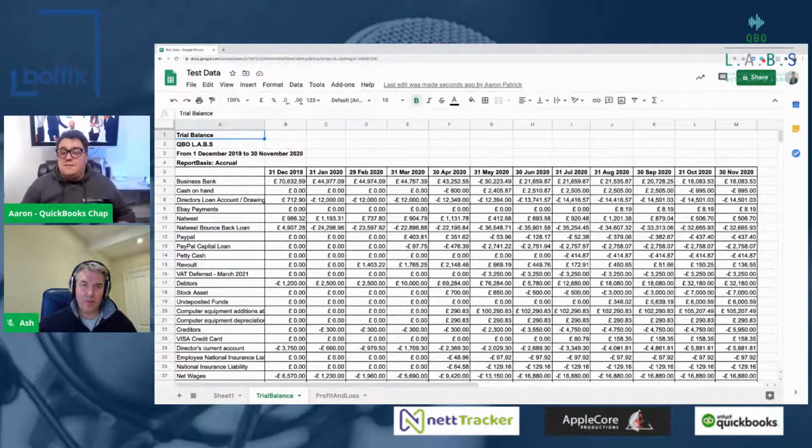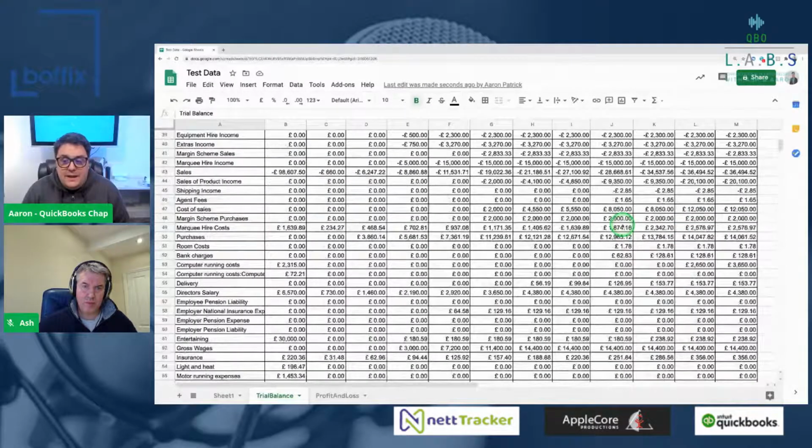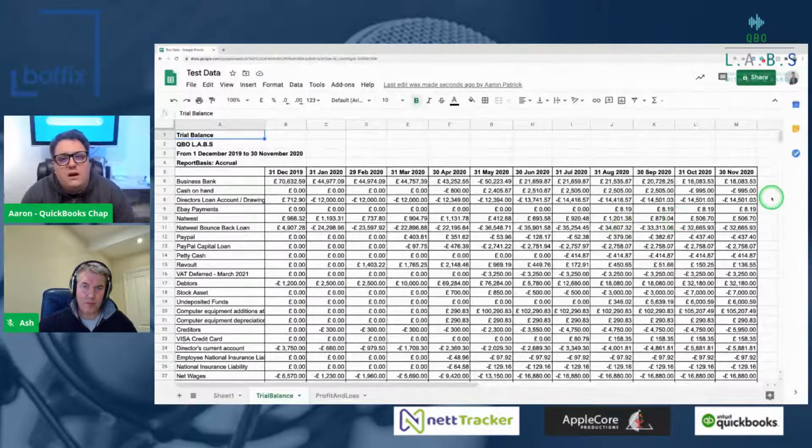But that's as simple as that. Basically, it's brought that data in for me. Again, I can change these formats and the way the information comes through and all that sort of stuff. But effectively, I've got this data here that I can now manipulate. And as I said, if you've got a group structure or something like that, you can be really powerful in the way that you've done it.